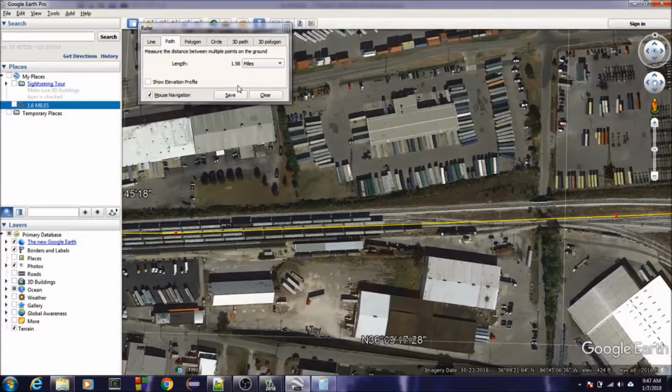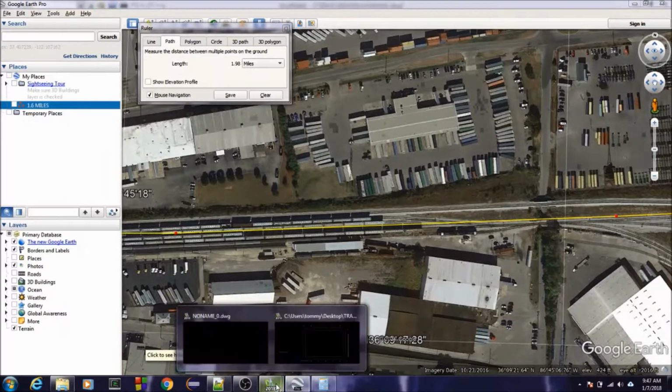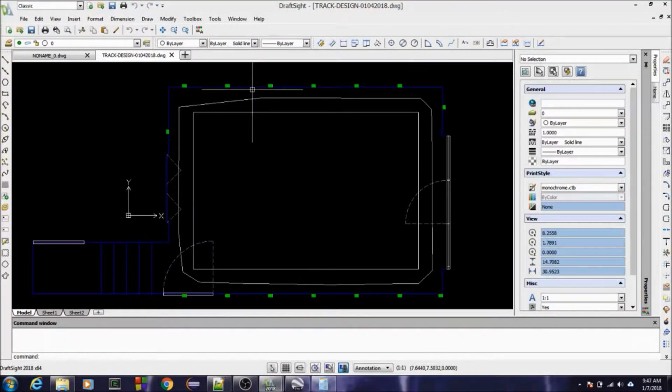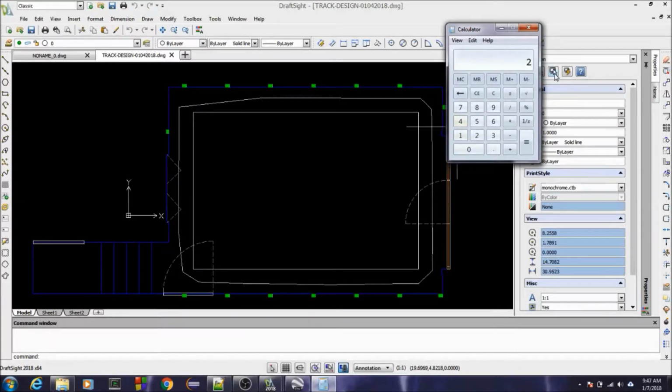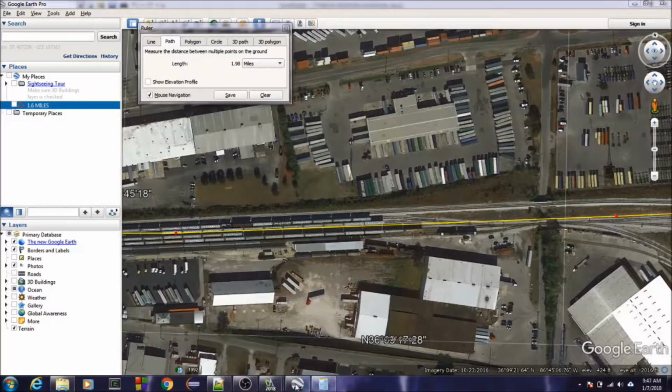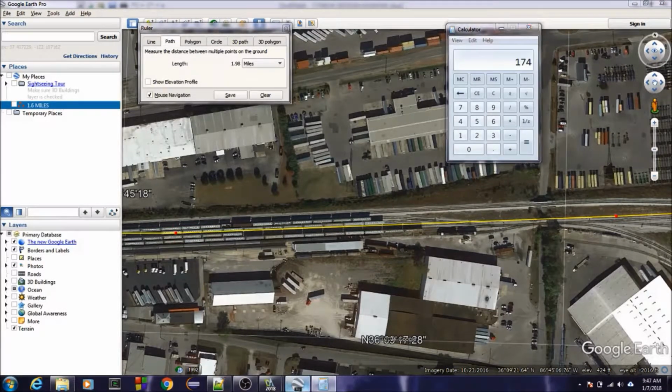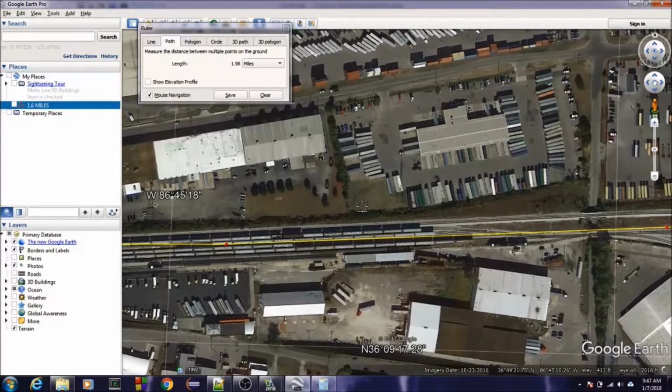So, for my layout, my shelf is 2 feet off the wall, right? Since I'm HO scale, that's 2 times 87 feet. So that's 174 feet. Yeah, 174 feet. So if we come in here and we draw